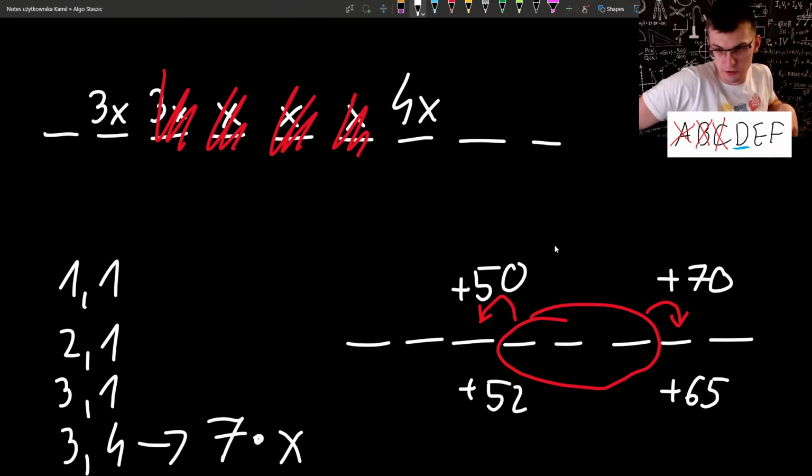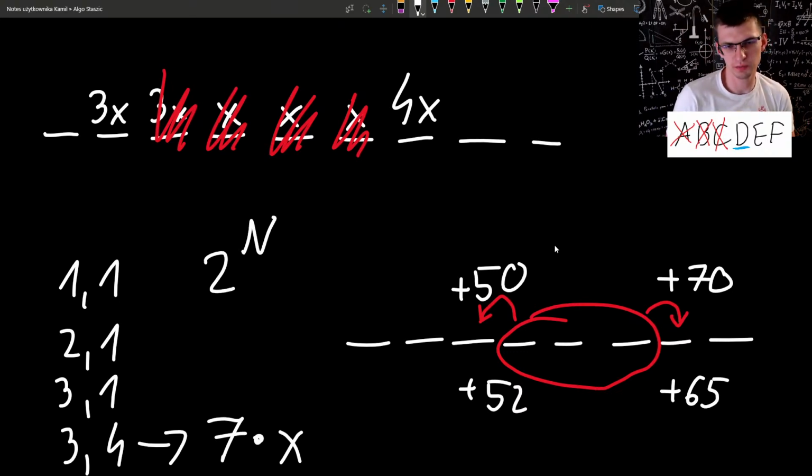The number of possibilities is for sure limited by n factorial, because that's the number of possible orders of removing. But if two things are not neighboring, then it doesn't matter which one I remove first. Maybe I think there are only 2 to the n possible scenarios, because for every number